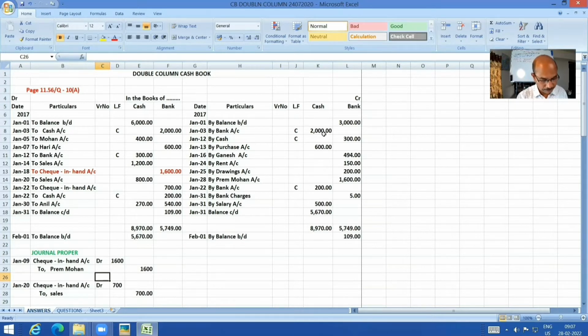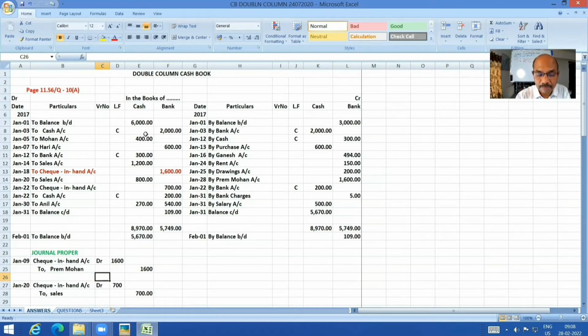Okay, fine. Now received from Mohan, how much? 400. Cash to Mohan. Why cash? Nothing categorically told bank, unless otherwise mentioned. By default, it is cash. Right. Discount allowed, we know it doesn't have a place whatsoever in a cash book. That is done through general proper. I had explained to you sufficiently in the previous